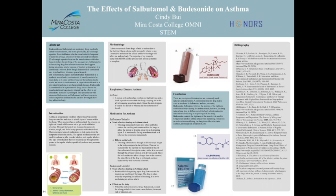risk of infection, etc. In conclusion, there are two types of inhalers that are commonly used: relievers and preventers. A common respiratory drug that is used as a reliever is salbutamol, and as a preventer, budesonide. Salbutamol relieves the patients of the tightness within the airways during an asthma attack. However, the drug takes a long time to diffuse out of the body, which makes the side effects of the